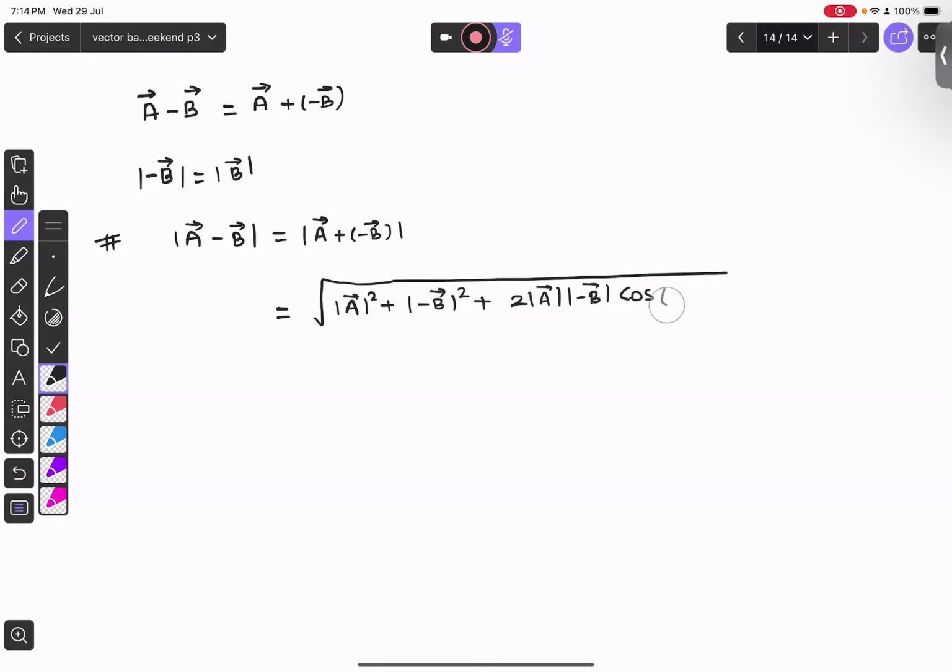So here, we are going to use the angle not between A and B, but between the vectors that we are adding here, which are A and minus B. Now, in case the angle between A and B is given to us, not the angle between A and minus B, then we will find what the angle between A and minus B is. So if the angle between A and B is given as theta,